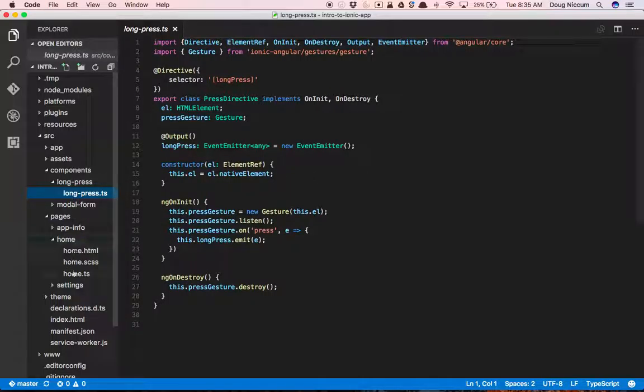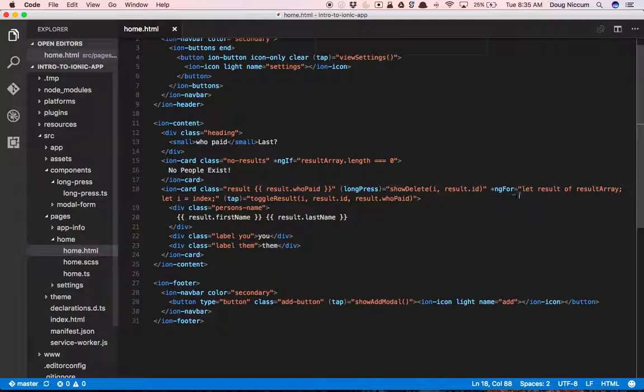So if you remember, go back here to the home screen, you can see that we have this bracket tap. And what that is basically is an interaction within the screen. Now there is an ng-click, or in Angular 2 it is actually just called click. There is, believe it or not, a difference between tap and click. I do believe that I somewhat touched on that during my talk, but I just wanted to re-emphasize that for you. So back to our long press,